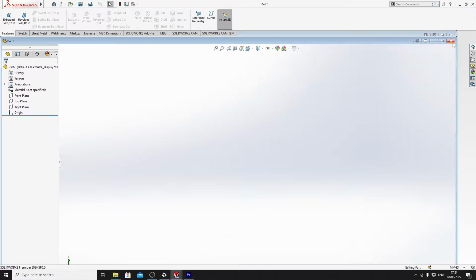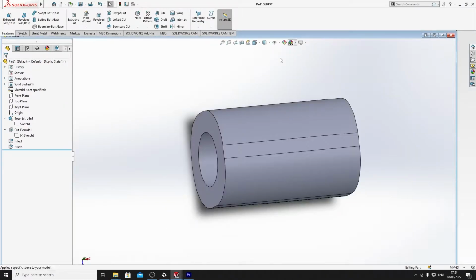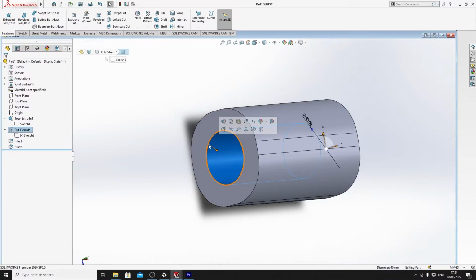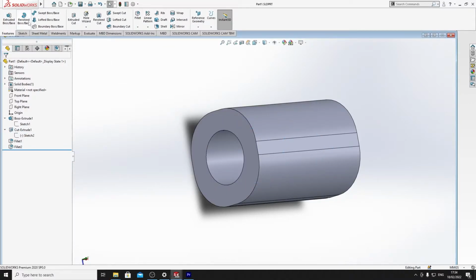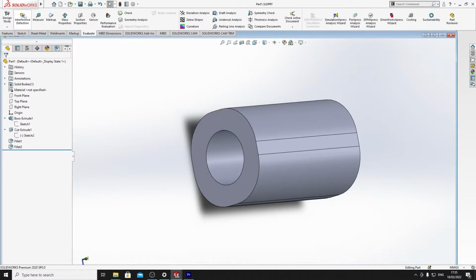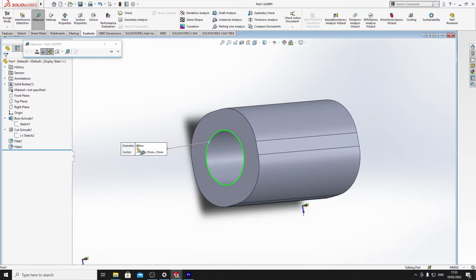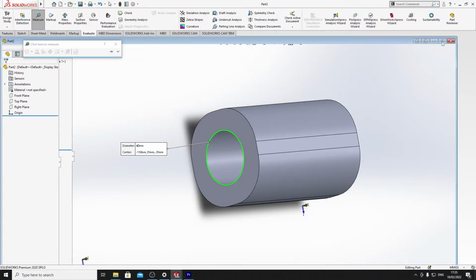and we want to know what this diameter is, so let's just check that. By using the measure tool within evaluate, we can work out what this diameter is. So a diameter of 40 mil. Okay, cool. So then now